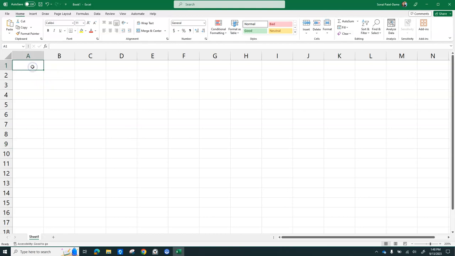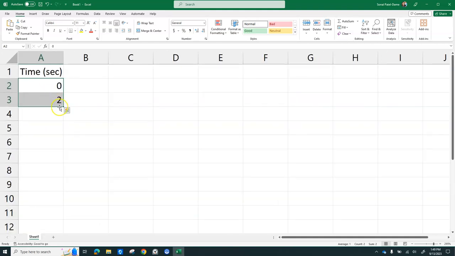So for example, if I put time in seconds in A1 and I press enter, let's say I am collecting data every 2 seconds. So I can start out with 0, then 2, press enter for each. I can use the white cursor or the white plus sign to highlight. So I'm clicking and dragging both of those two cells. And then if I come to the bottom right corner, you'll notice we have that black plus sign. Come a little closer for you. And if I click and drag that,